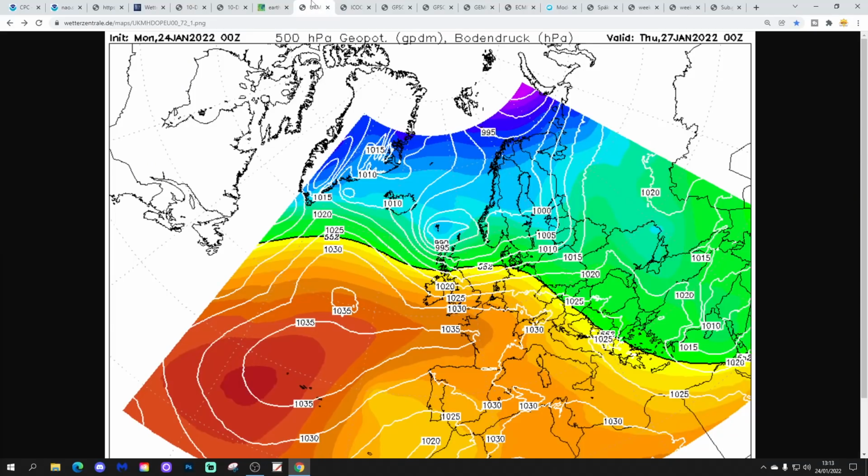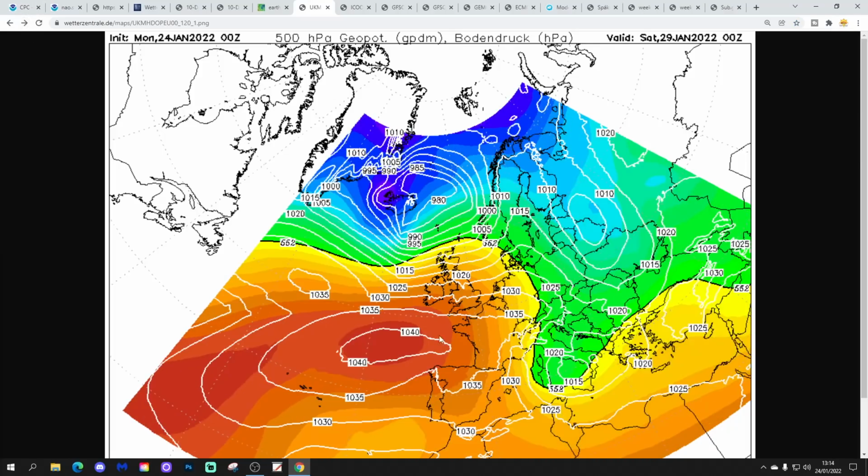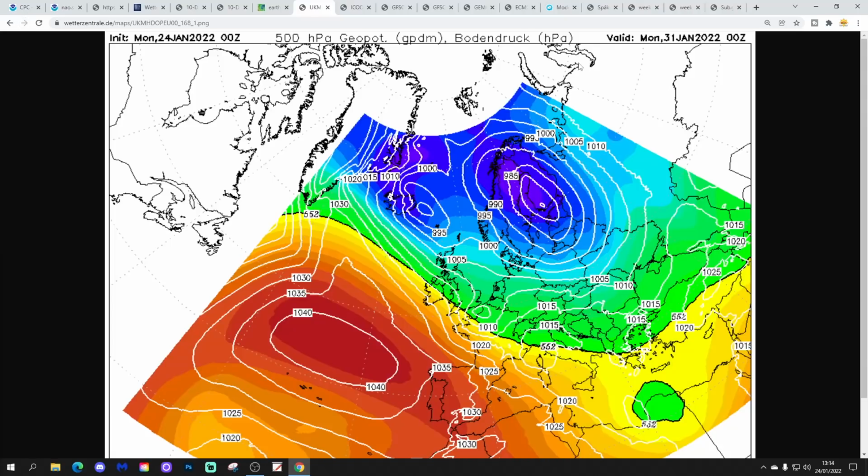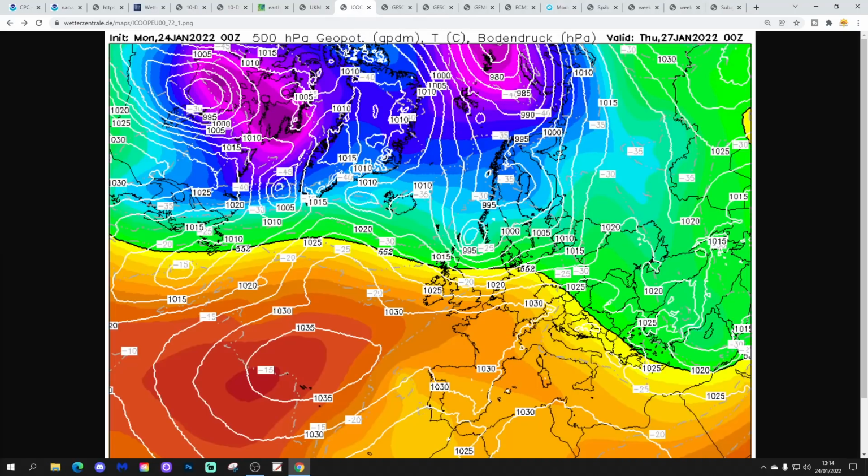This is the UK Met Office Euro, showing that we've got a cold front pushing across the country on Thursday. Could bring some rain even into the south and southeast. Then after that, high pressure re-establishes in the south, turns things mainly dry. Northern and western areas will be a little bit on the wet and windy side. And then heading up to this time next week, we start to pull in something a bit colder from the north and from the northwest. This is 31st of January, last day of the month. We're bringing in something just a little bit colder from the north and from the northwest.